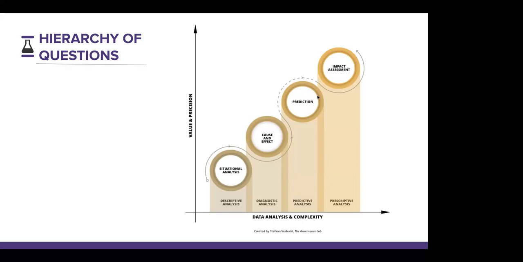It's very hard to predict if you have no understanding of what explains, for instance, evolution and action, right? And so that's why there's a certain kind of hierarchy, and it's important for you who wants to start using data to really start thinking about, well, do we actually know the current situation, or is that where we should start our data initiative, right? Should we start with actually first having a baseline before we start predicting or before we start measuring impact?